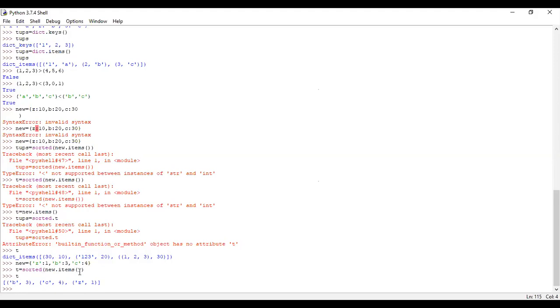Now before doing that, you are creating a dictionary. All the key and value pairs will be extracted and sorted first, then stored into tuples. The tuples are b 3 and c 4, as well as z 1. And the same thing can be done using the